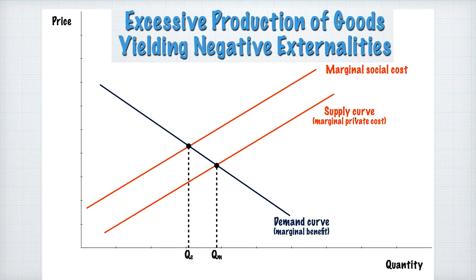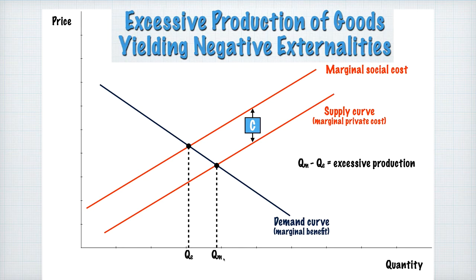So we have the direct cost to the firm, which is this supply curve here, but the vertical distance here is those external costs that this firm is not recognizing. So realize that vertical distance is the cost that is not internalized. The cost of pollution, the cost of noise pollution, etc. That vertical distance is equivalent to that per unit cost, and the excessive production